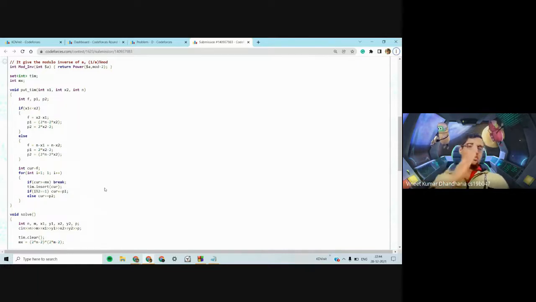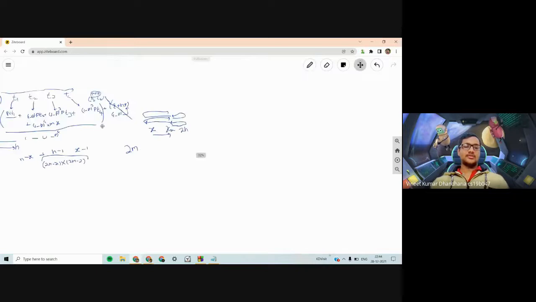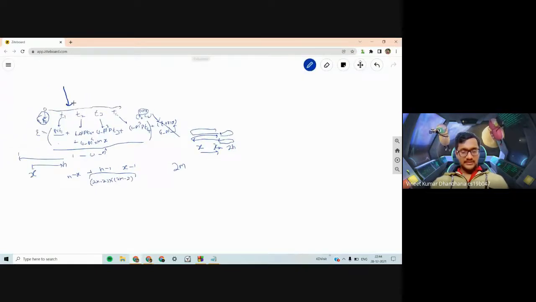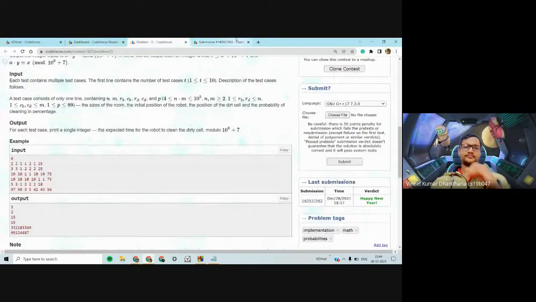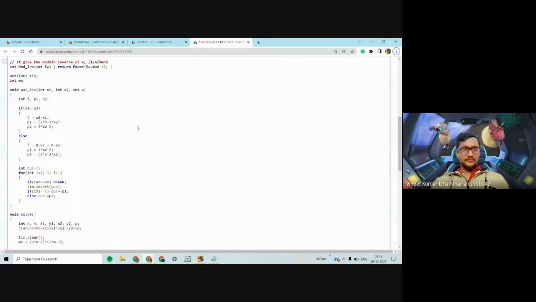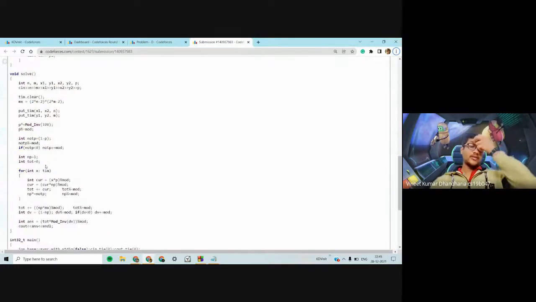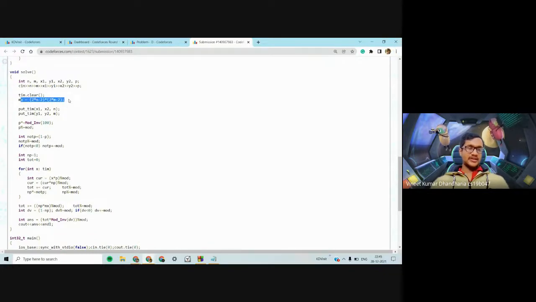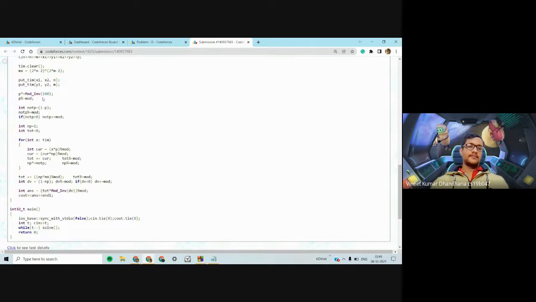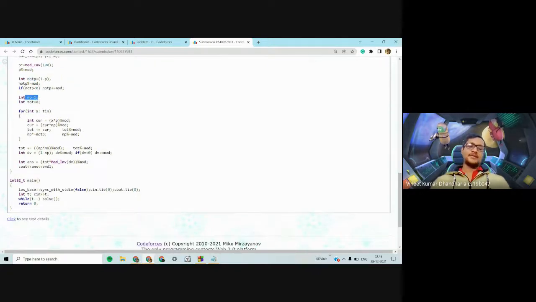You would have 2m for the rows and 2n for the columns. So the total number of timestamps would be of the order n plus m, which would not be an issue because n into m itself is less than 10 to the 5. So that way you can find all the times, and after finding the times, you just do what we saw previously. This is the maximum value, 2n minus 2 into 2n minus 2. You find all the times, you divide p by 100, you define not p as 1 minus p, and then np is basically 1 minus p raised to i. Total is